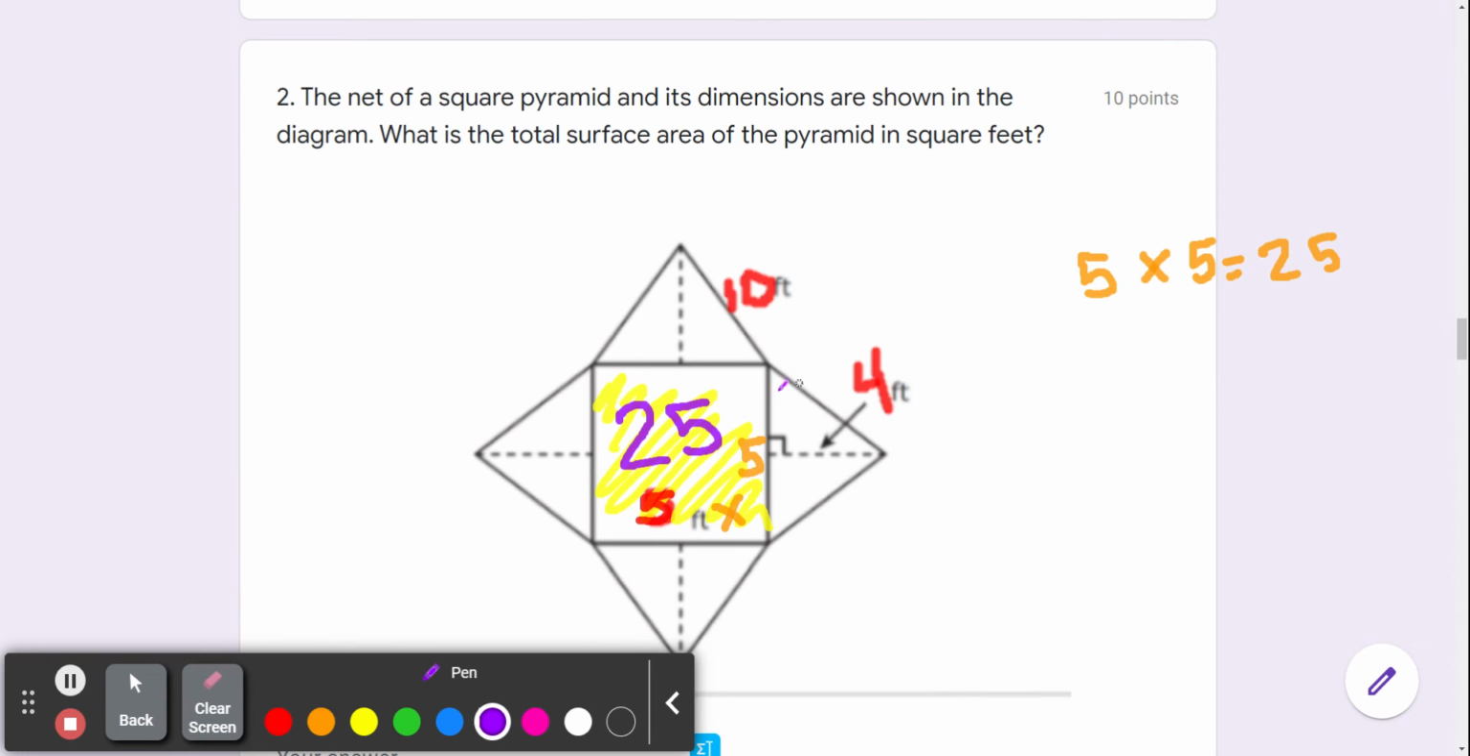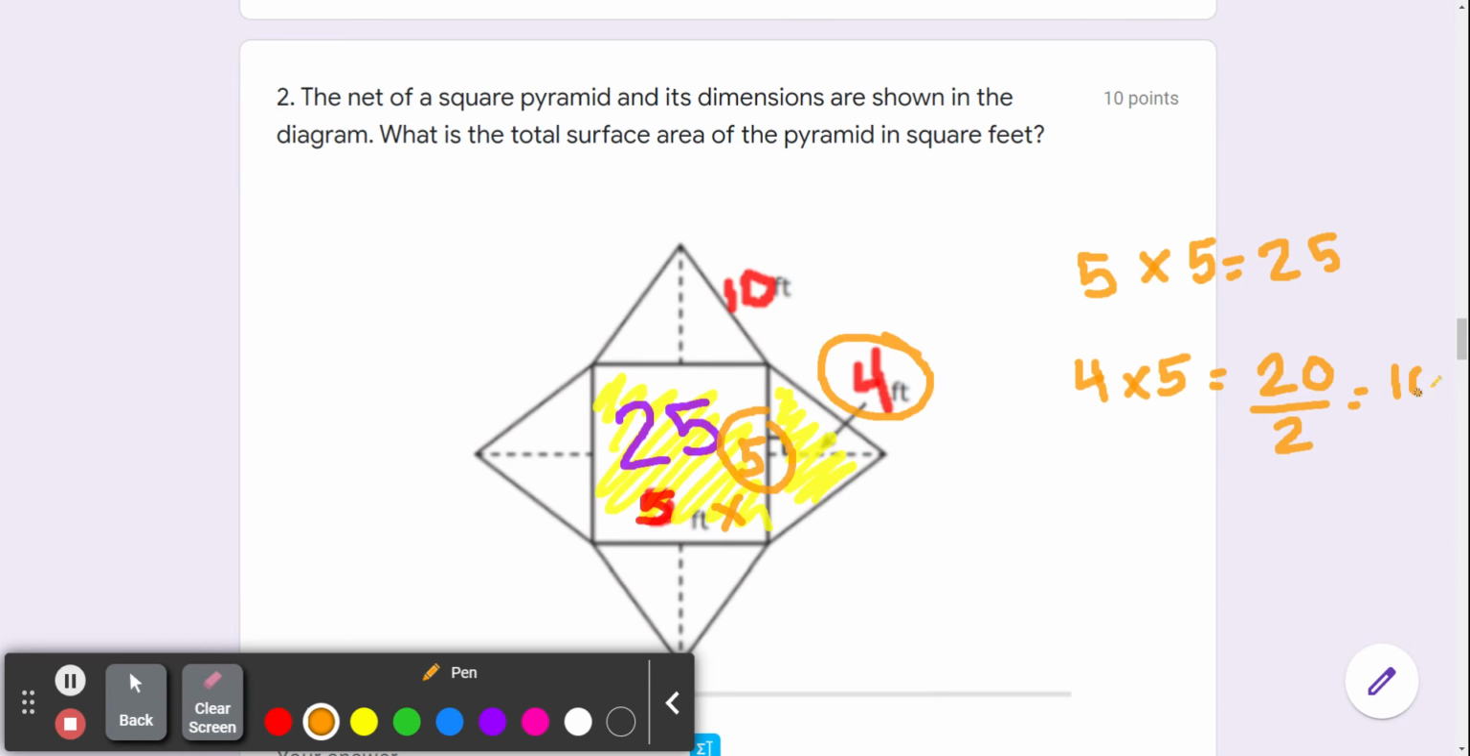And then here now, I'm looking at this triangle right here. The triangle has a height of 4, and my base right here, that's the 5. So I'm going to do 4 times 5, which is 20. But because it's a triangle, I have to divide by 2. So 10. That means this one is 10, this one is 10, this one is 10, and so